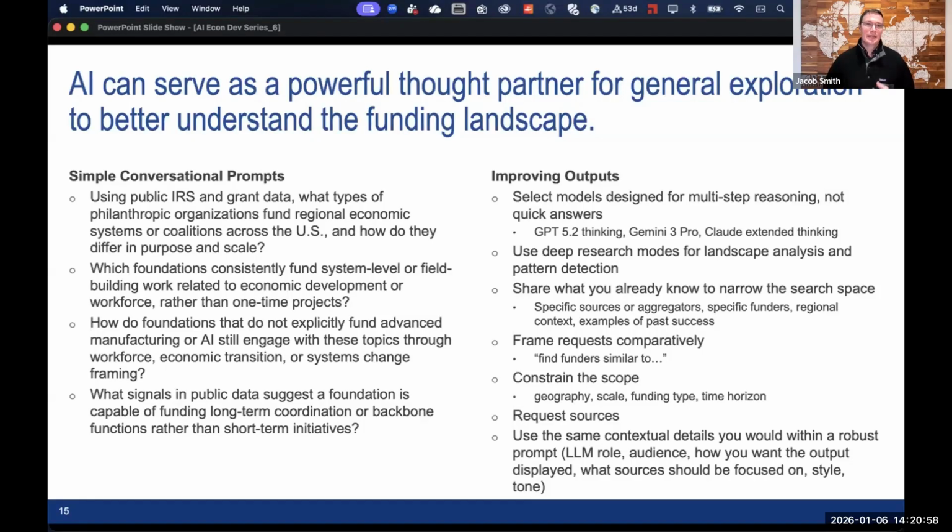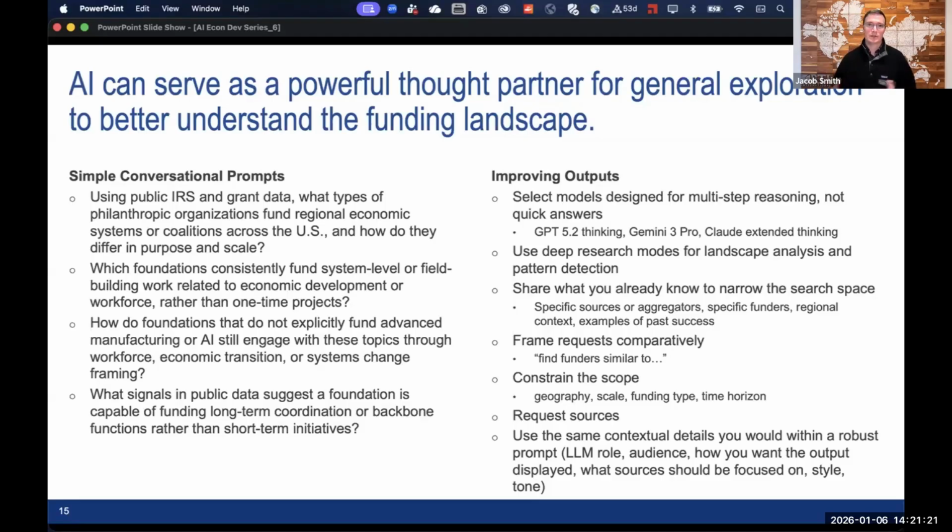What signals are there that these organizations can actually fund long-term efforts as opposed to short-term one-off grants? All of that information, you can have a single chat with one of these more advanced tools and get a lot of good background knowledge very quickly.